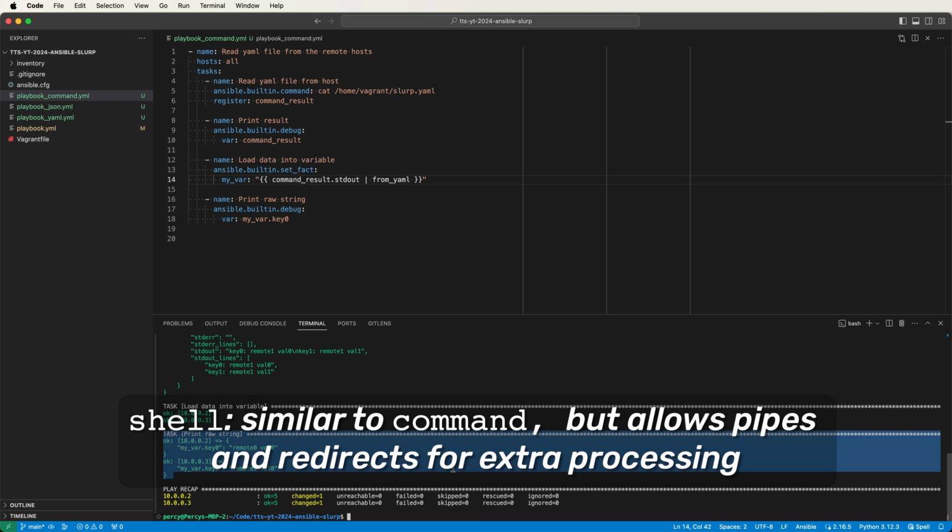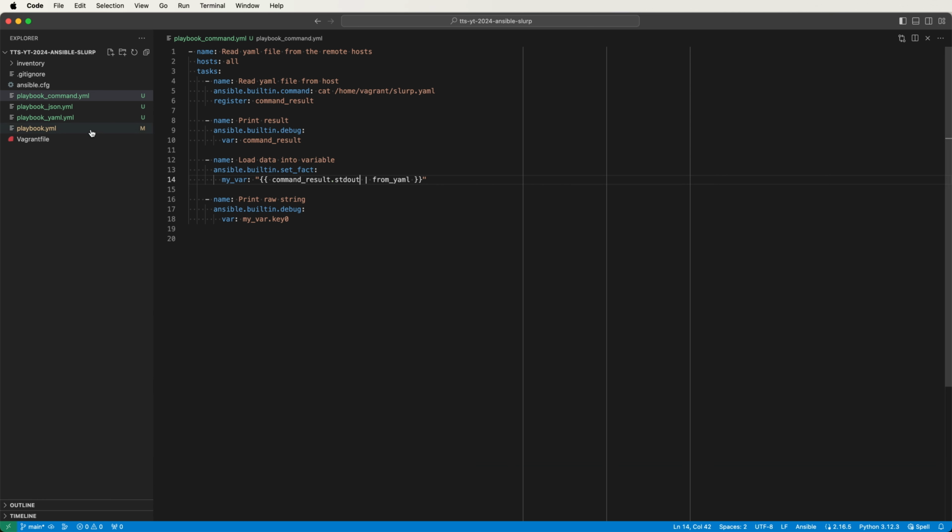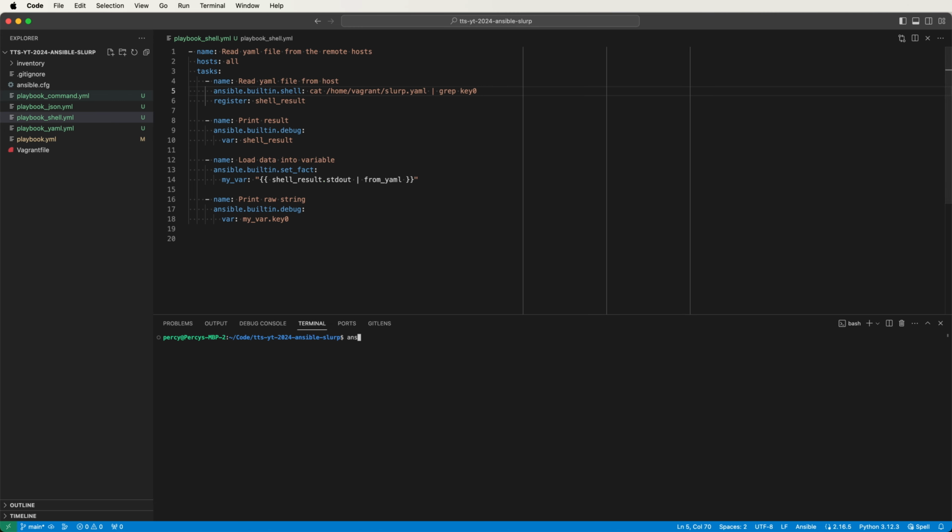Using the shell module instead of the command module gives us some extra capabilities, since we can use pipes and redirects to do extra processing or filtering. I'll go ahead and duplicate the command playbook and call the new one playbook_shell.yaml. Then go ahead and replace all instances of command in the file with shell. Let's go ahead and do some additional filtering of the output from cat by piping it to grep and grepping for the string key0. This should work the same as before, so I'll bring up my terminal and run the